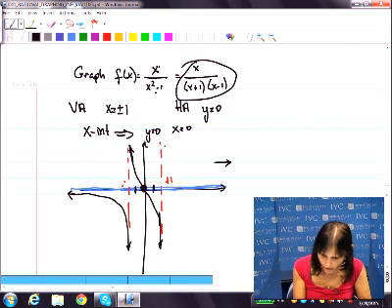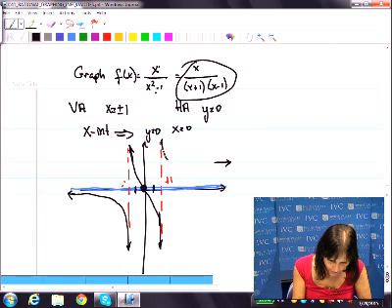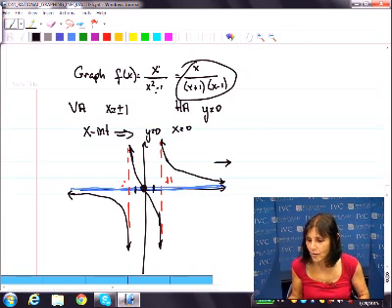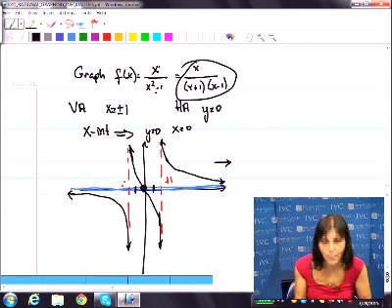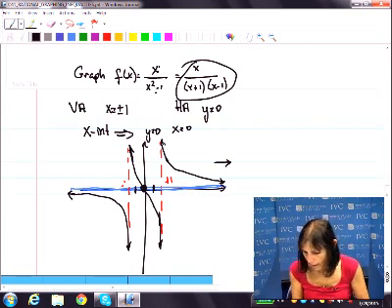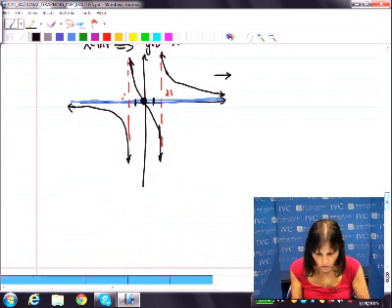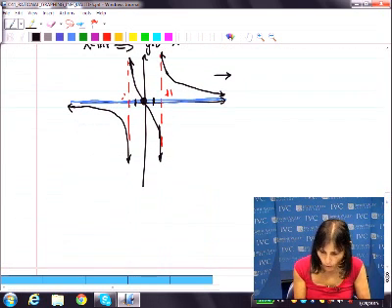And since this is a vertical asymptote, it's going to have to do this. And since it's a horizontal asymptote, it's going to have to do that. Bingo! I drew this thing. It can be approximated, but now let's look at, once I draw it, can I go and